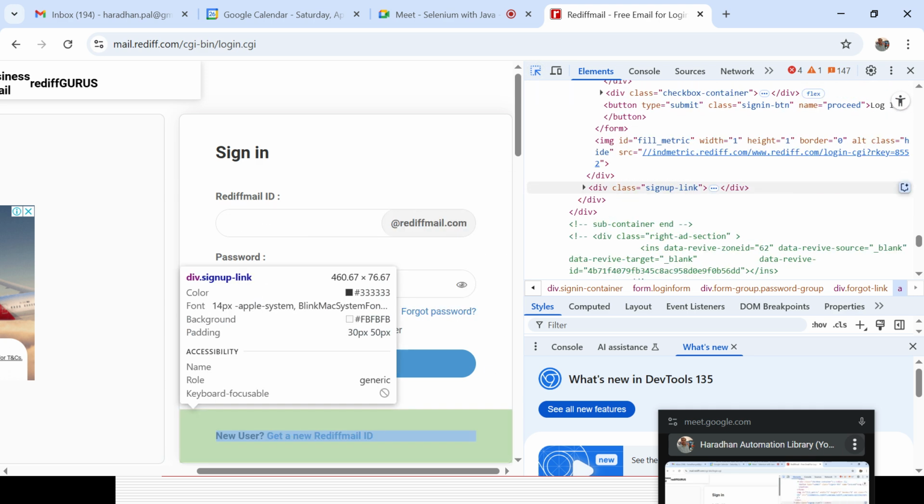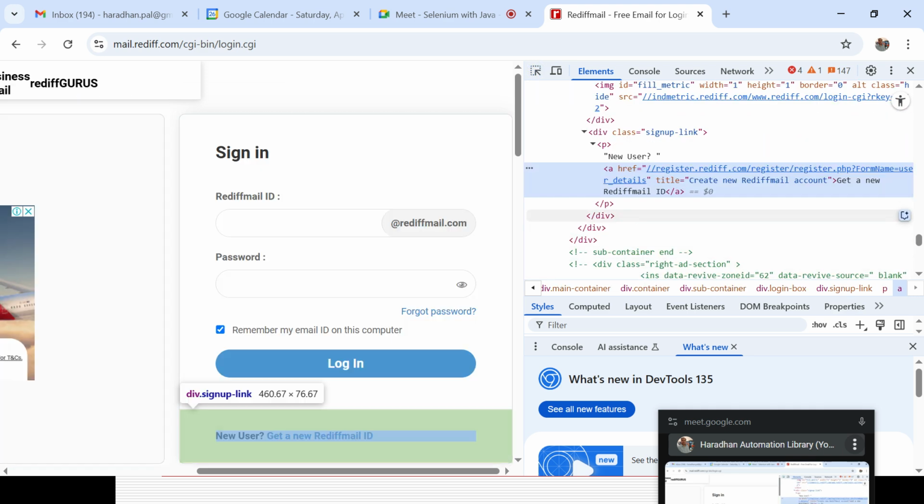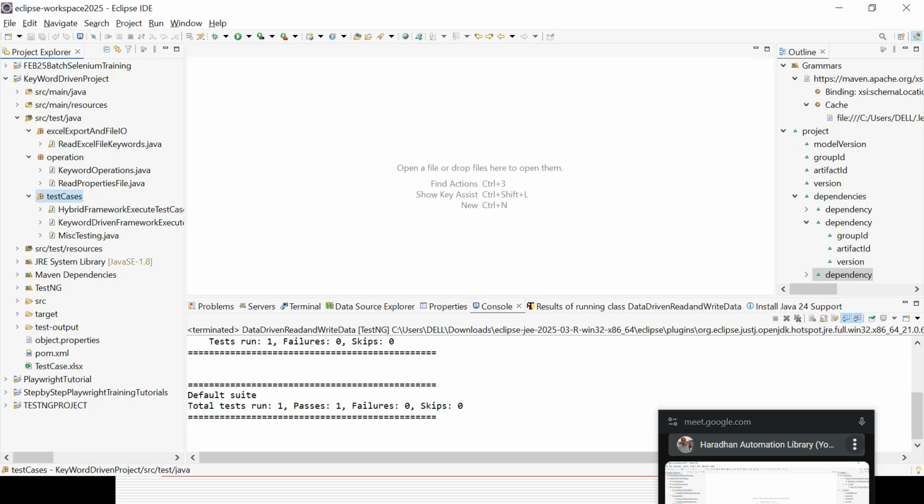This is another link called get a new ready by ID. So I can either take it from the link text or partial link text. That is the way I can have all the element locators here in the properties. I can create something called object properties. How will I create it? Right click here